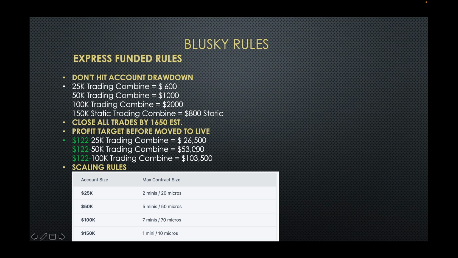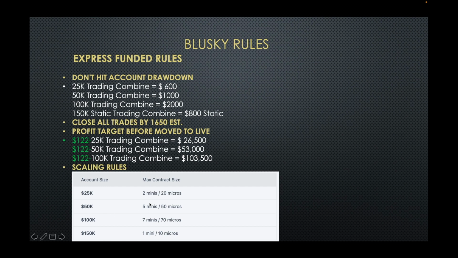You can withdraw that $1,000 to put it down to 53, and then your live account starts with a $3,000 balance. That's your buffer. You can withdraw, but you just can't hit zero. So that $3,000, if you withdraw $1,500, you only have $1,500 to play with.